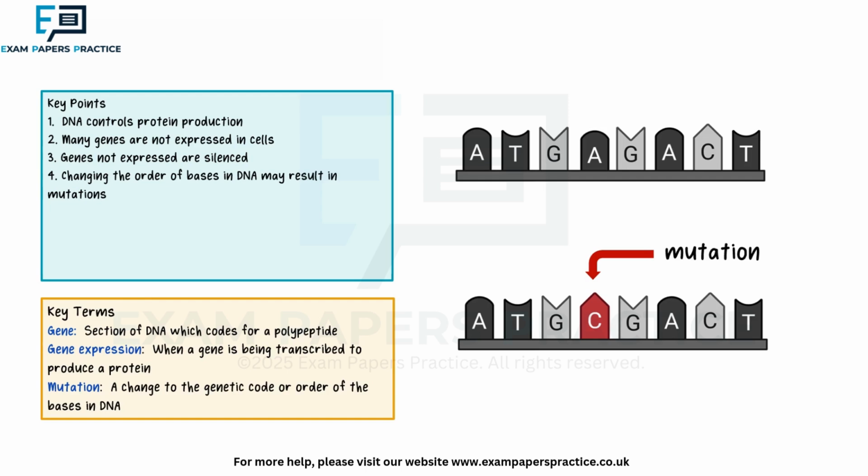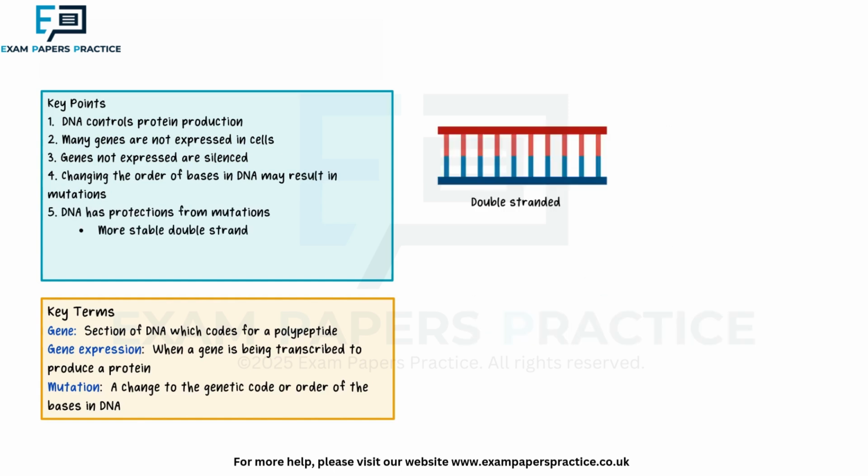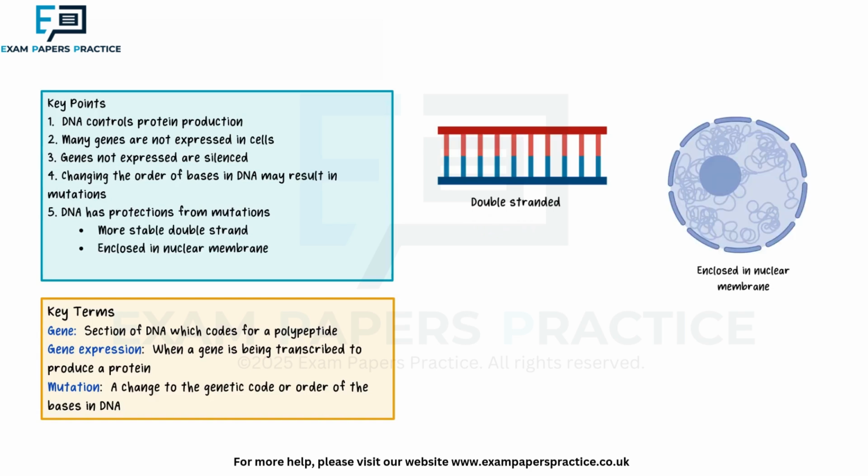DNA is protected from mutation in many ways. Some of the structural protections in DNA is that it's double-stranded, which stabilizes the molecule. DNA is also protected by the nuclear membrane, isolating it from the metabolic activity in the cytosol of the cell, as well as DNA being wrapped around histone proteins. DNA is also protected from mutagens and carcinogens that cause changes to DNA through repair mechanisms that can correct changes